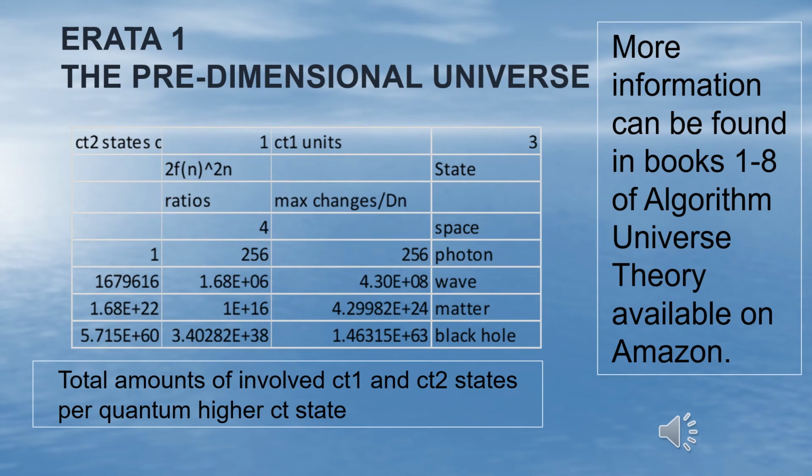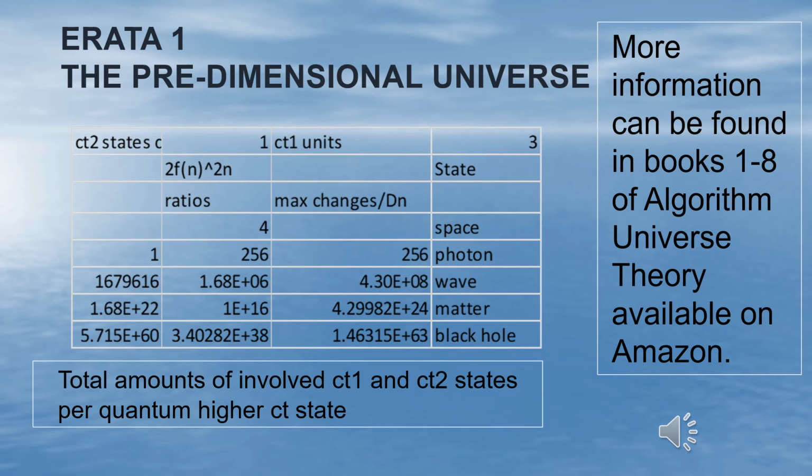Some of those elements predate even algorithm universe theory, but are worthy of mention. They are the ability to hold an equation, a very special kind of equation, to keep the solutions durable and to act on them one quantum element at a time. In later editions of this, extensive amounts of time will be spent discussing the part of the universe that predates the part from which thermodynamics and dimension arise, but for purposes of this lecture, we will concentrate on the portions of the universe that begin at space.